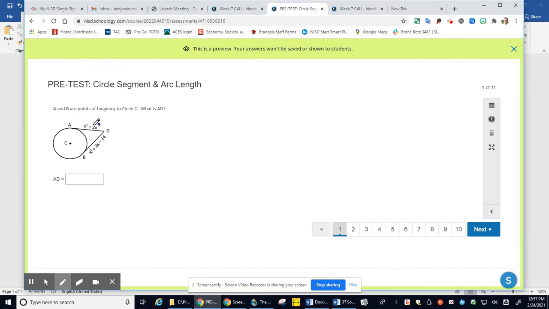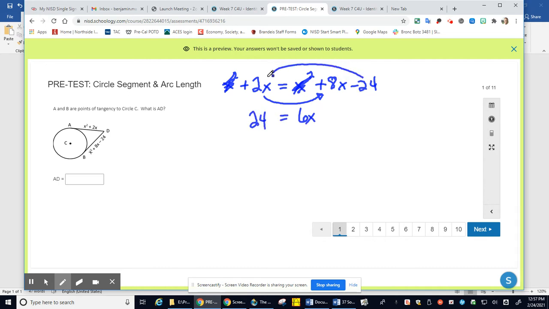So these are points of tangency, so we just have to set these two parts equal to each other. We set x squared plus 2x equal to x squared plus 8x minus 24. Now in solving this, the x squareds can cancel out with each other. I'm going to bring the 2x onto the right side with the 6 because I'm going to subtract it, and then add the 24 to the other side, because you want to separate your variables and your numbers. When I do that, I get x equals 4, which is not the answer,